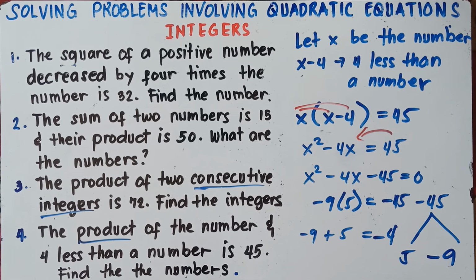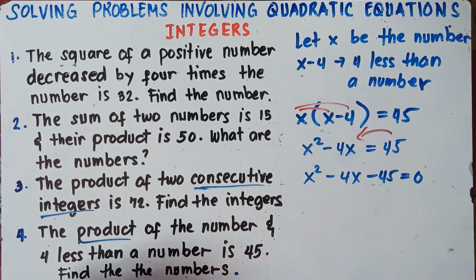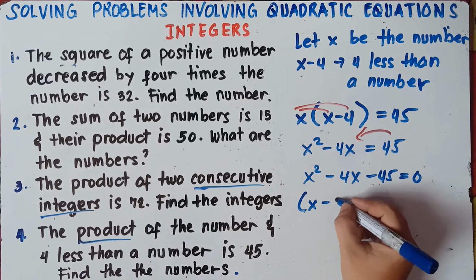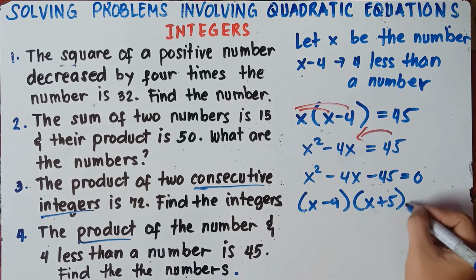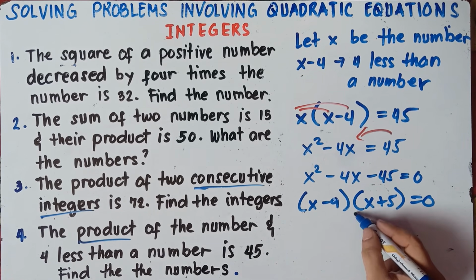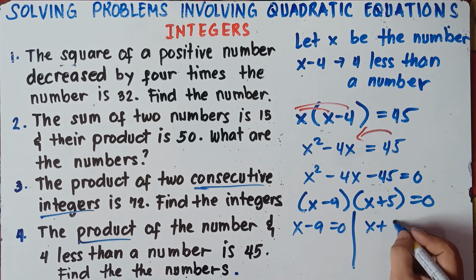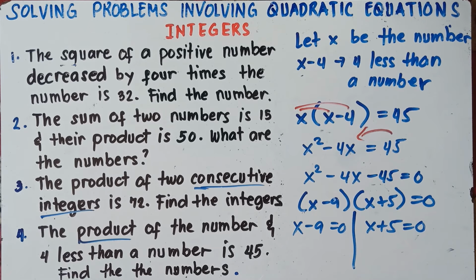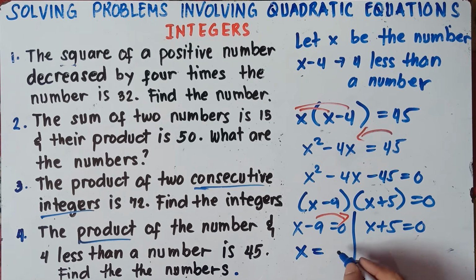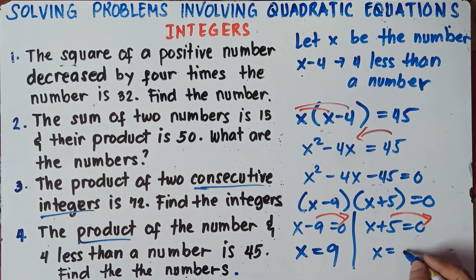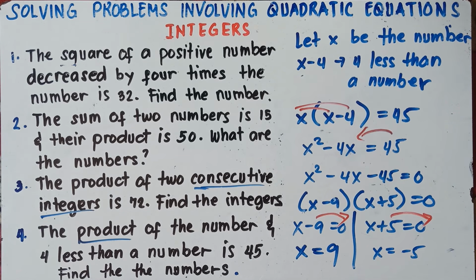So therefore, our factors will be x minus 9 and x plus 5 equals 0. And then you get the value of x, you equate this one into 0. So this will be x minus 9 equals 0. X plus 5 equals 0. Alright, and then we transpose this negative 9 from left to right. This is negative, it will be positive. X equals positive 9. And this 5, you transpose, this is positive 5, it will be negative 5. Alright, since we are dealing with problem solving, we select the positive answer. So therefore, our first number is positive 9.